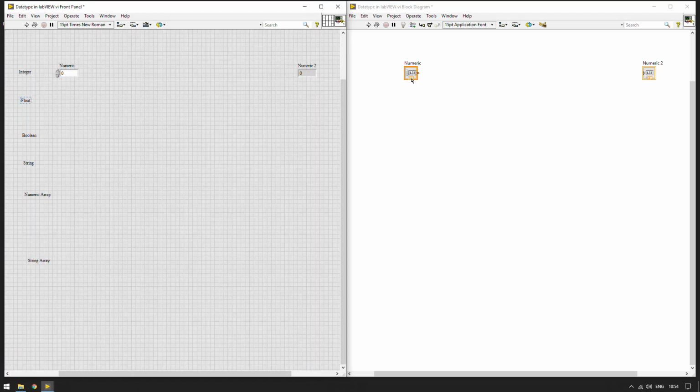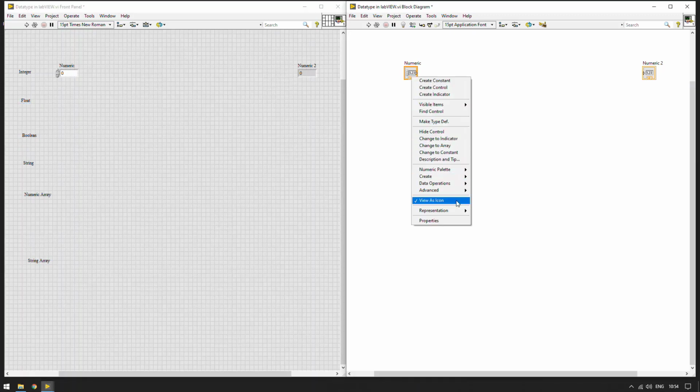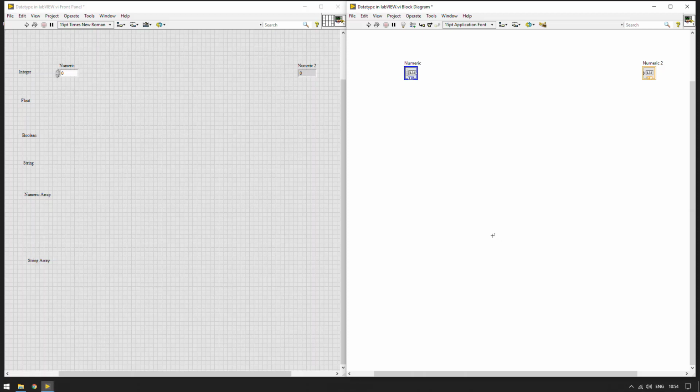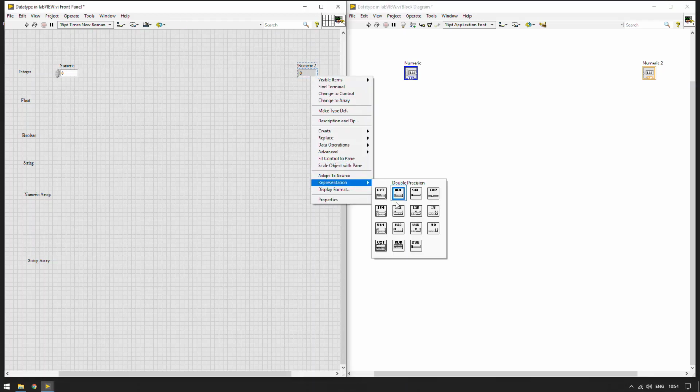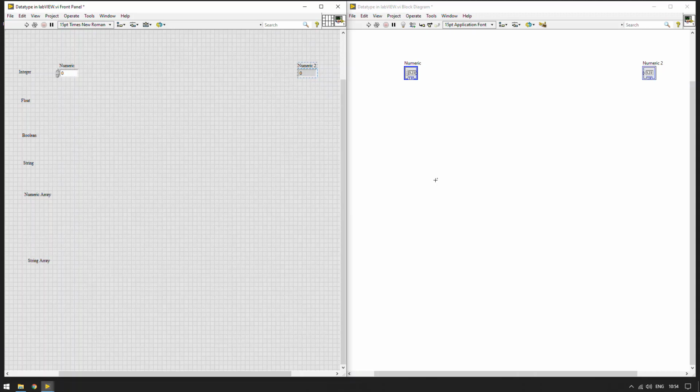So what we can do is change the representation into i32 or integer. Again we can do it from the front panel as well. Same, go to representation and i32.